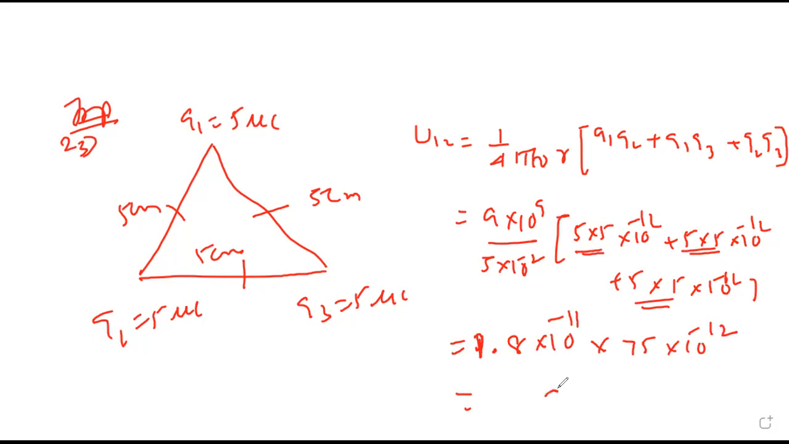18 into 5 is 90, carry 9. 18 into 7, 126, plus 9, 134. 18 into 9, 135, with one digit decimal, into 10 raised to minus...